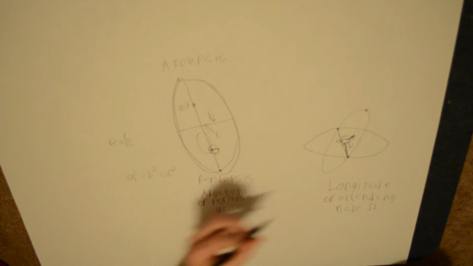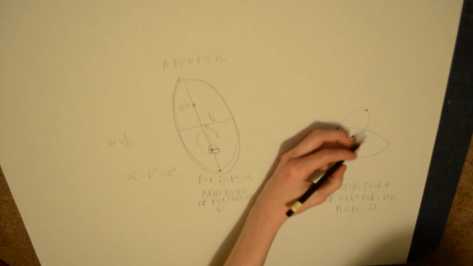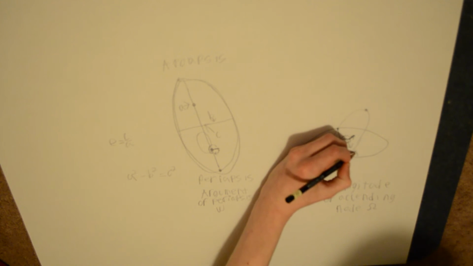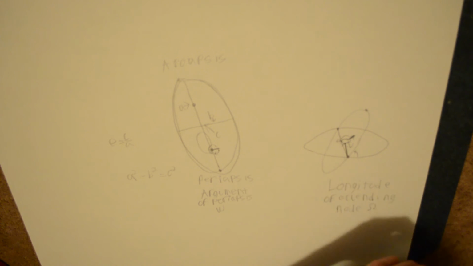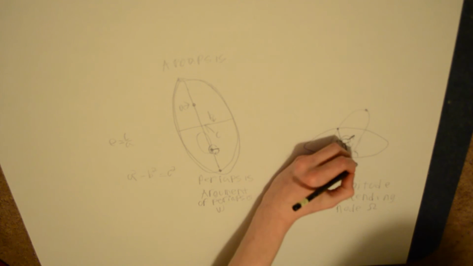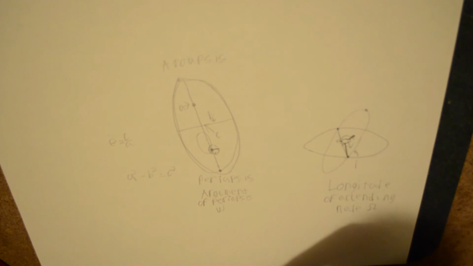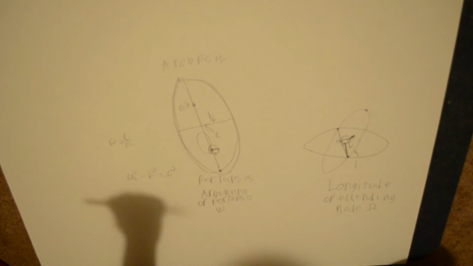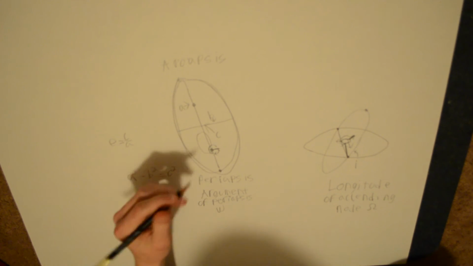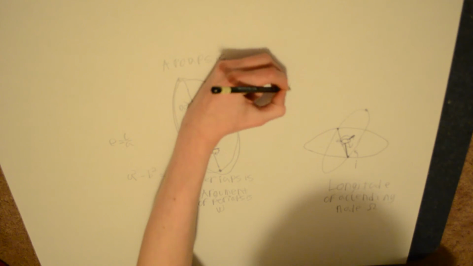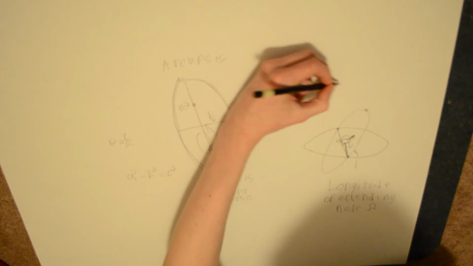Now, the other thing that you need is the inclination. So inclination is just the angle from the reference plane, the equatorial plane, to the plane of the orbit. So you go from there, that is I, for inclination. And so now you have everything except one bit. You need the true anomaly, which is the angle,